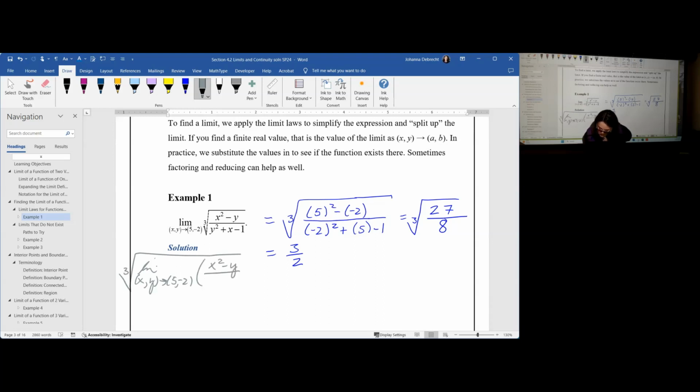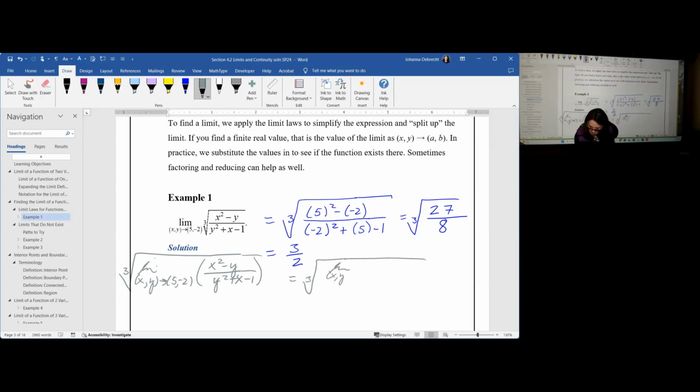Now, the next limit law that I would need to apply would be the quotient one. And the quotient one says, as long as both exist, are finite real numbers, and the denominator one's not 0, then you can split the limit between the numerator and denominator. So now I've got a cube root